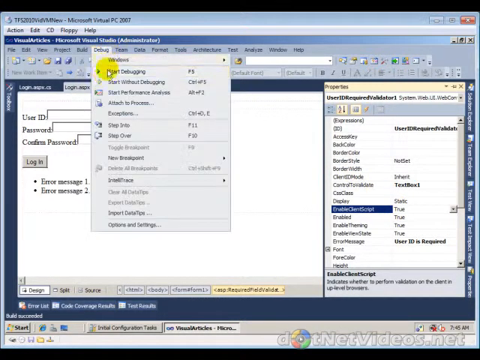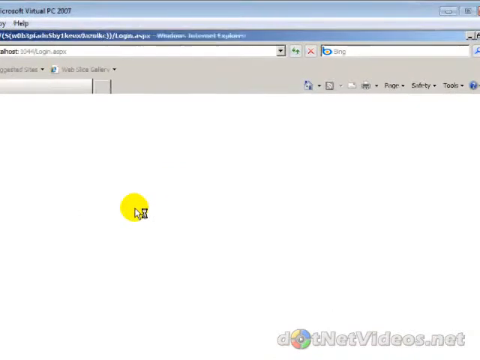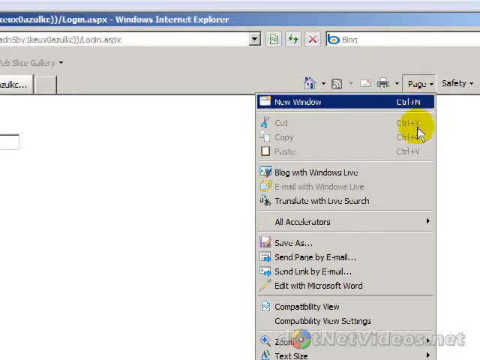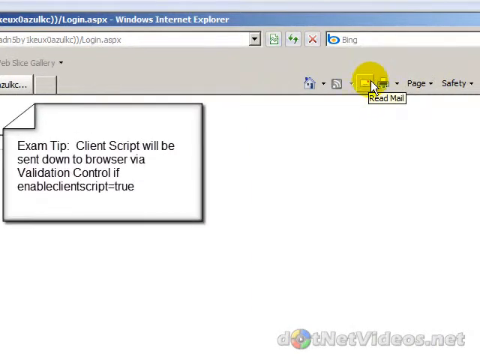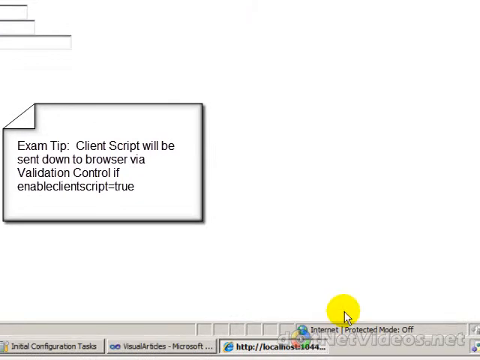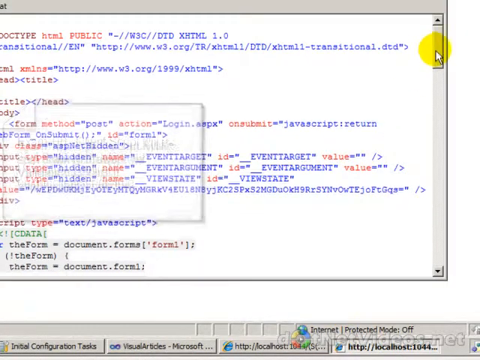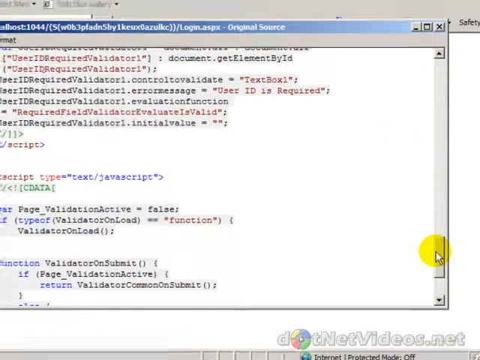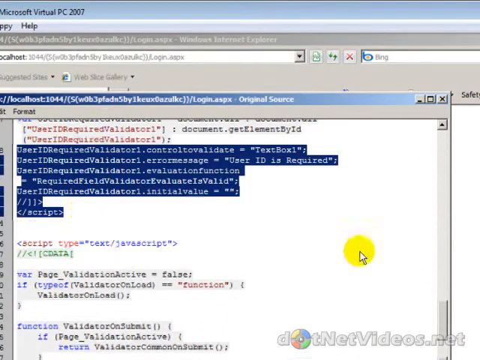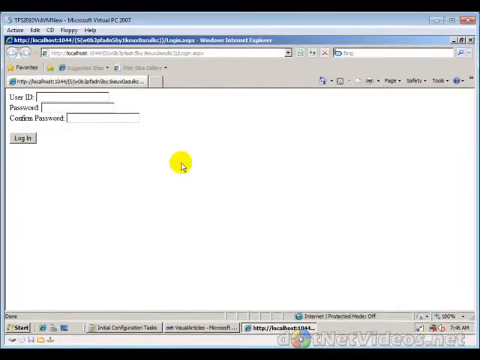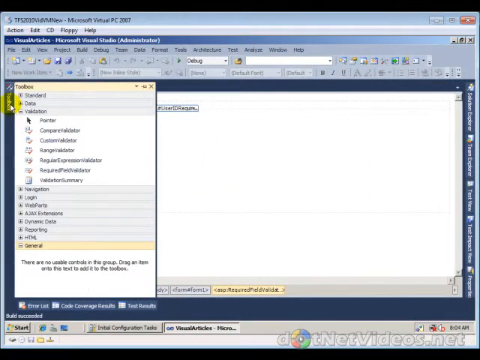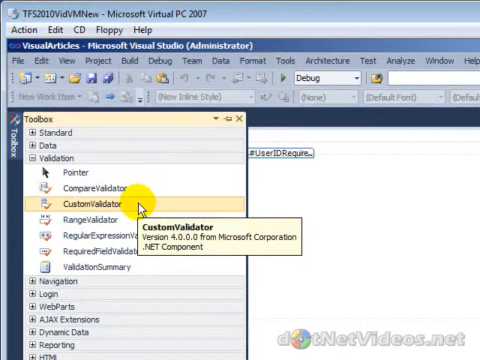Okay, so as I begin to roll out what we're doing here, you notice I've got the client script stuff turned on. If you went down and actually looked at the source for your web form under page, view source in the browser, you could actually see the JavaScript getting created that does this required field validation. So this JavaScript is getting sent down to the browser, and if the browser supports that, it's going to be enabled. We're going to basically say, hey, we'll do the validation on the client side before we post a page via a post back. This way you don't fill out all these fields in a web form, click post, and have to sit and wait,